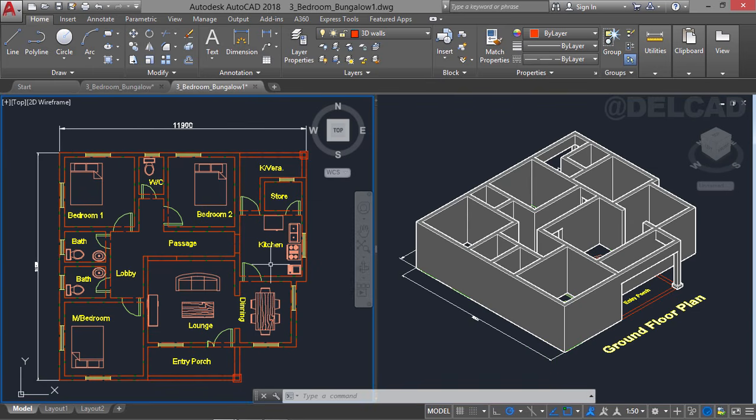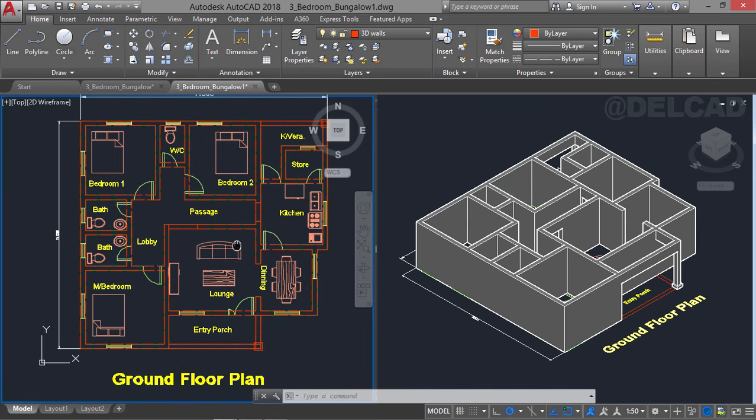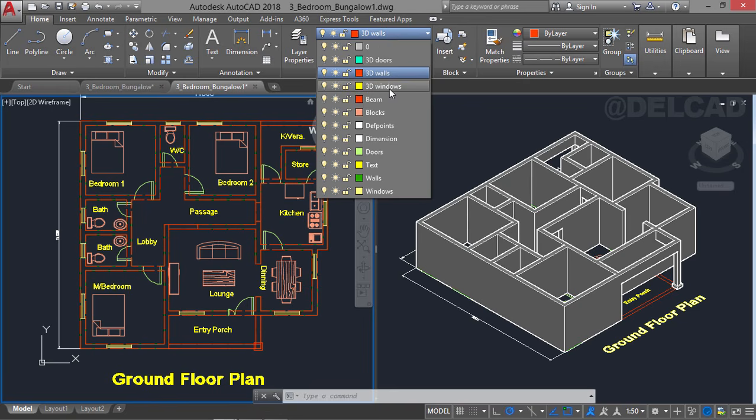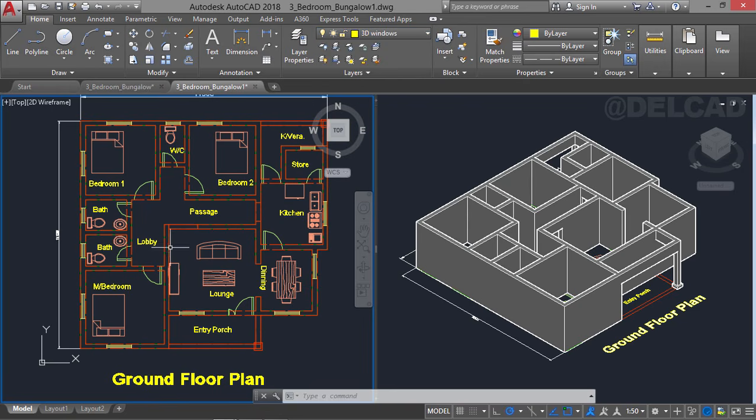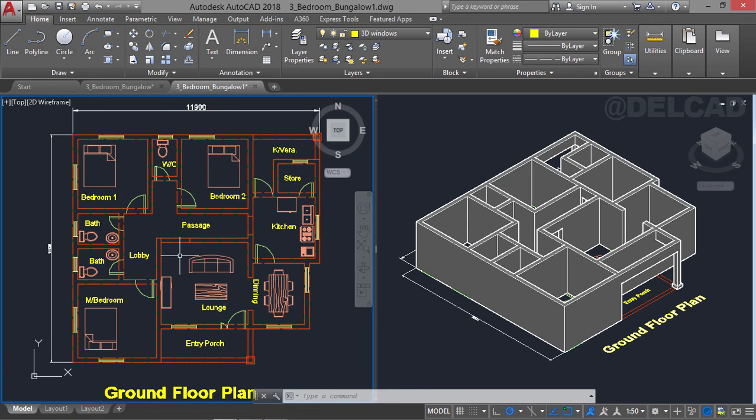So to create the windows and the doors opening, I'll go back to the left viewport where I have this floor plan in 2D, and then I'll go over to the layers, and I will switch to the layer where we have the windows, and then I will use the Polysolid